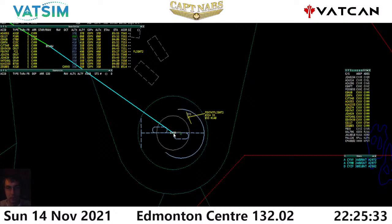FedEx 747, Roger, the field's over at your 2 o'clock for about 9 miles. FedEx 747, field in sight. FedEx 747 cleared, actually FedEx 747,